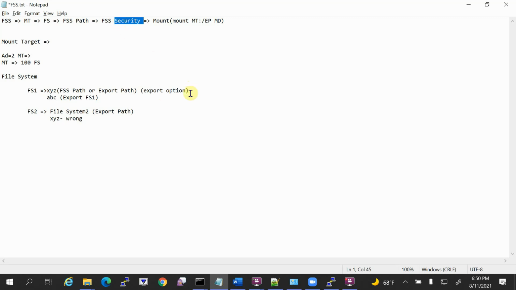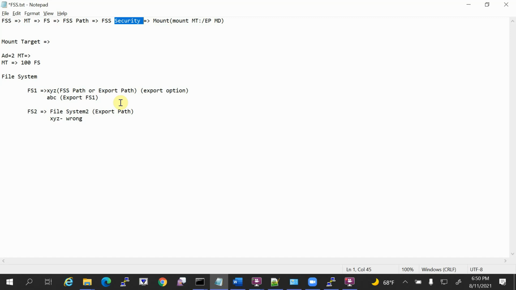Okay, but so far I have never used this. I never came across any production instance where we used more than one export path for a single file system. Okay, but you should be aware of it.